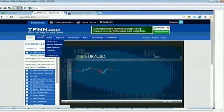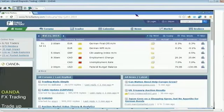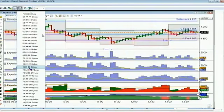Well, now that that's done, let's check out the markets and see what might be popping up that we might be able to do. We don't have a lot of time left in the hour, but we got about 15 minutes here. And one thing I did want to do is review these indices and just go through them with you. One, we'll see if there's a trade set up. Two, we'll